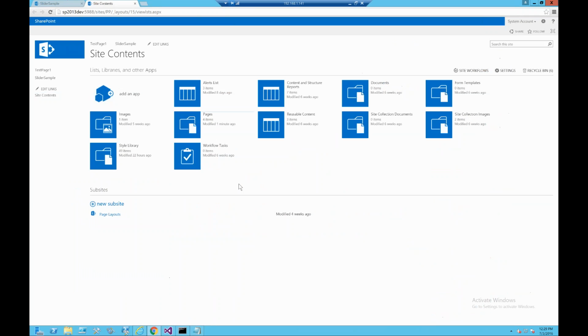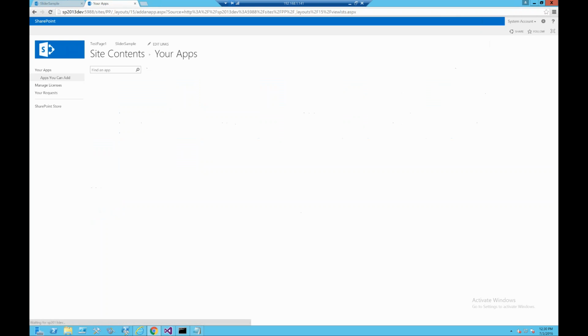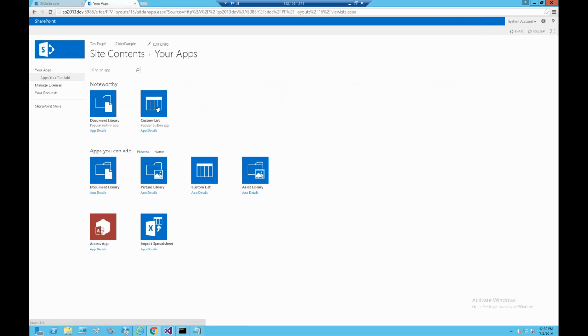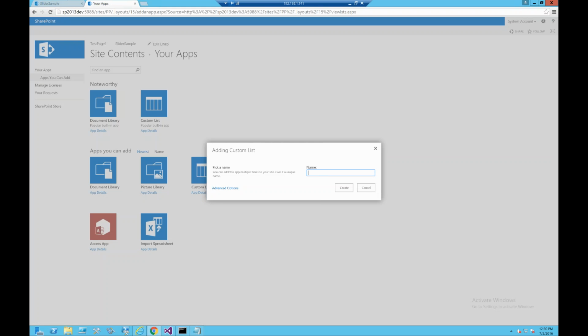Okay, let's come to creating a list, which we call functionally information architecture. Let's create a custom list and say home page, hero banner. I'm using all the terminologies so that you are aware of how people call it. Few people call it hero banner, few call it a slider, few call it a carousel, but at the end of the day they are